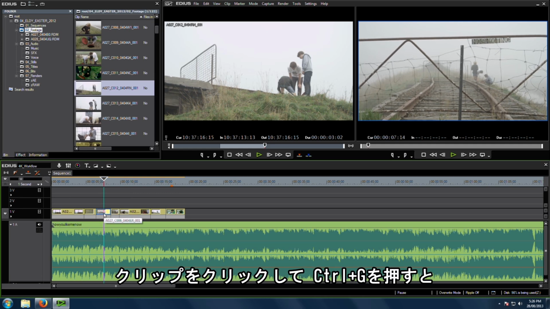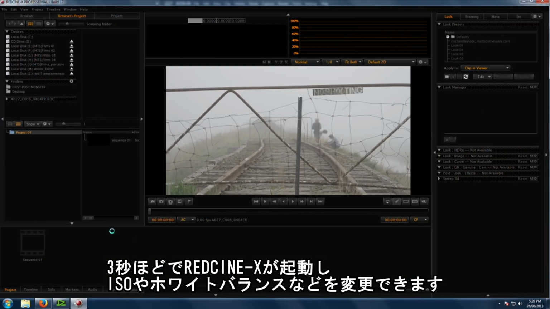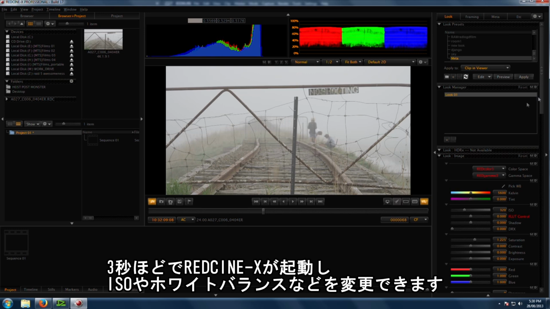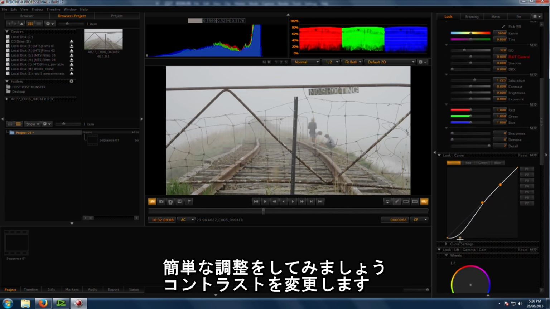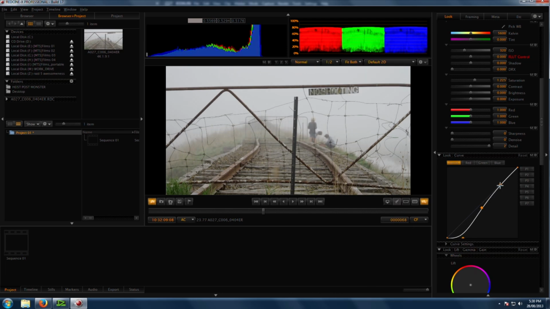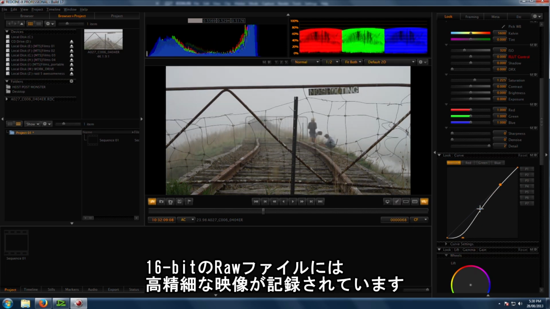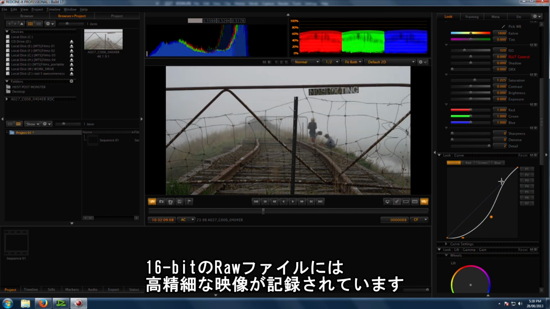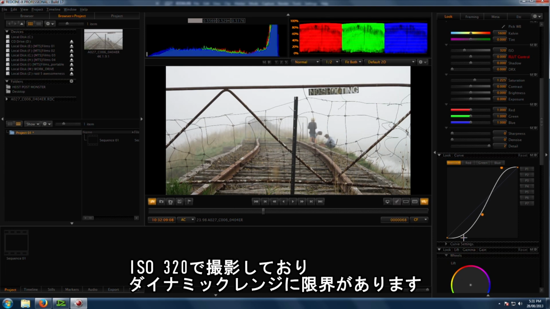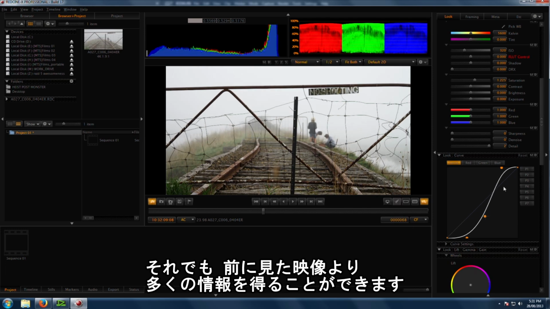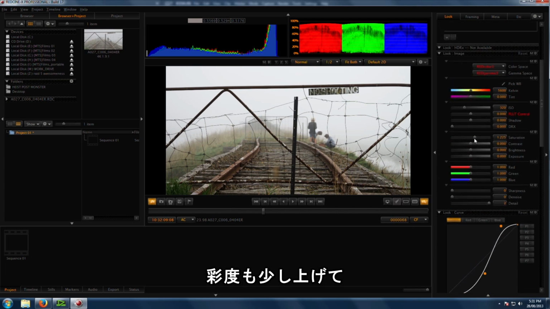So if I click on this clip and press Ctrl G, watch what magically happens. In about 3 seconds, REDCINE-X pops up. We can change things like ISO, white balance, and things like that. Let me just apply a quick grade to this shot. I'm just going to add some contrast. It's really interesting to see how much detail you've actually captured in a raw 16-bit file. Now unfortunately this was the first time that I'd shot with RED, so I was shooting at 320 ISO, which was limiting my dynamic range, but you still get a massive amount of detail there compared to what we saw earlier. Now I'm also going to up the saturation some,